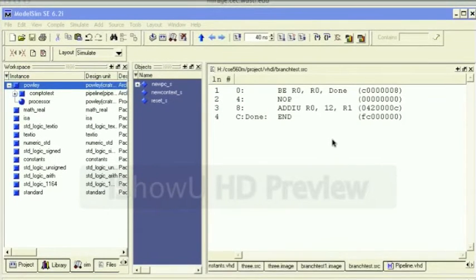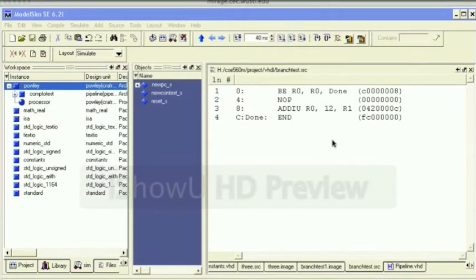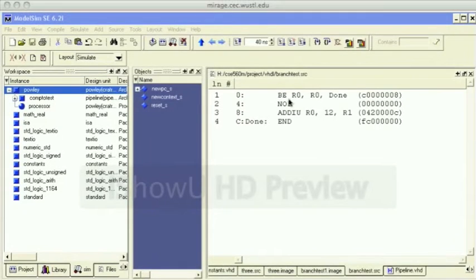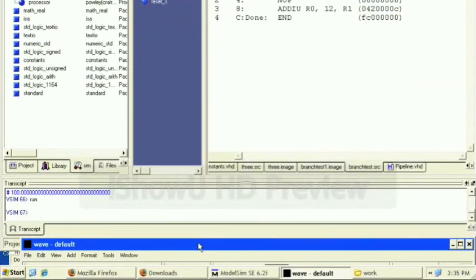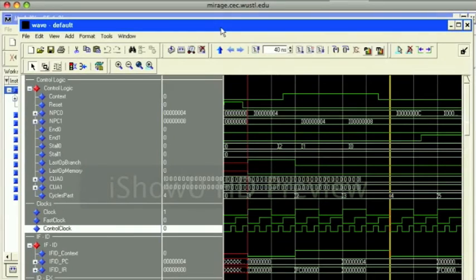Okay, so we've got a program that should demonstrate how we handle control hazards. It's a simple branch problem. We branch if R0 is equal to R0, which it is. Then we skip down and we just end the program. Otherwise, we add 12 to register R1. And we've got a branch delay slot in there as well. This is going to be run on context 0, while context 1 is going to be holding the single line end. So if we pull this up,